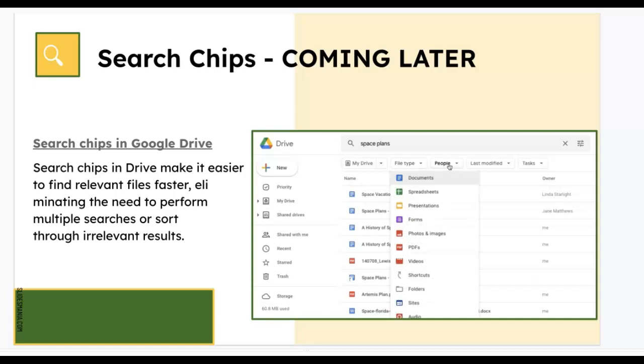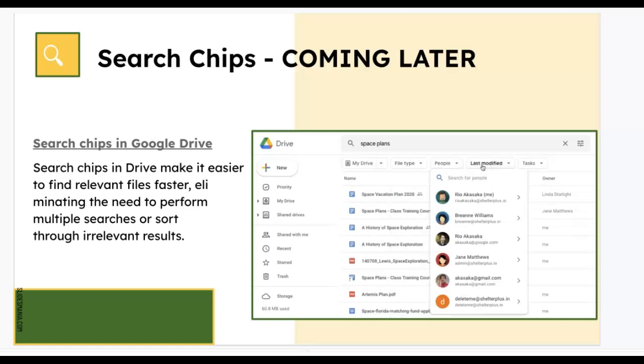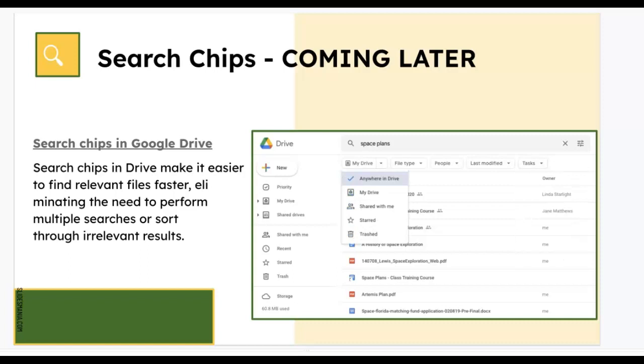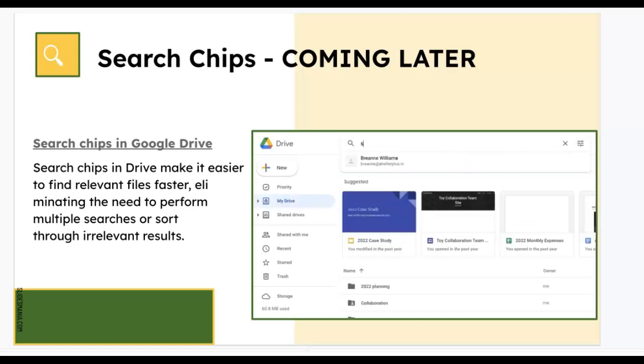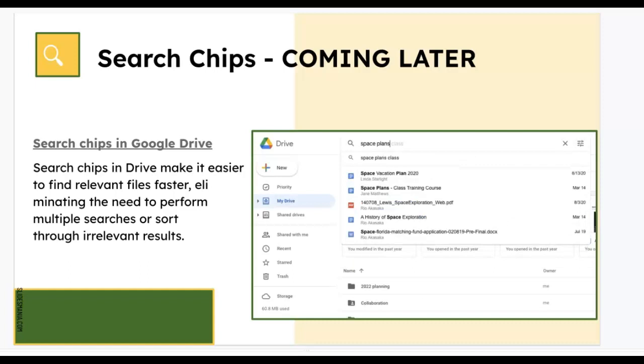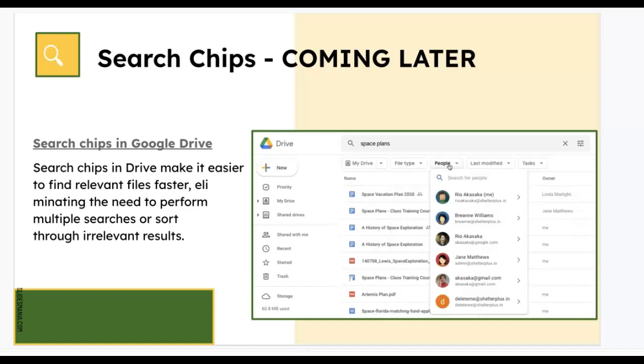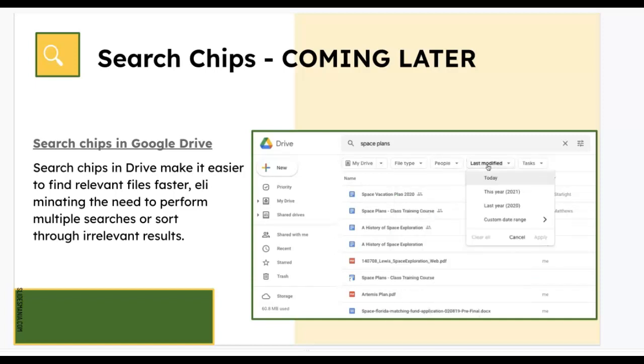So the file types, the people that have shared it, when it was last modified. So right now we don't have this, but this should be coming sometime in the next several months. And I wanted you to know that this will also help your search and finding items if you're not one to organize it quite yet and you want to just be able to find it. This search chips functionality should be coming in the next several months to Google Drive and something to help us with our advanced search.